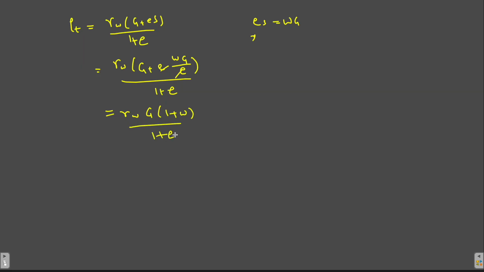I've just derived this equation because sometimes when you are giving the exam, it is a great possibility that you'll forget all these formulas. So only one formula you have to remember is this one. Gamma T is equals to gamma W G plus ES by 1 plus E. If you remember this, you can easily derive another formulas within 15 seconds, okay? That's why I have derived this for you. Now all the data are with you.